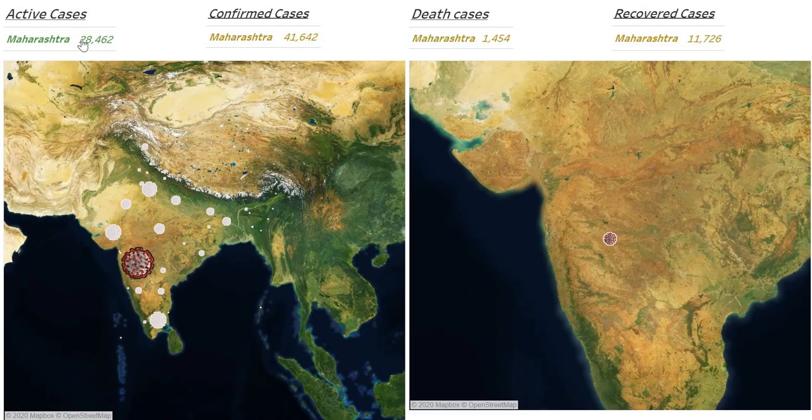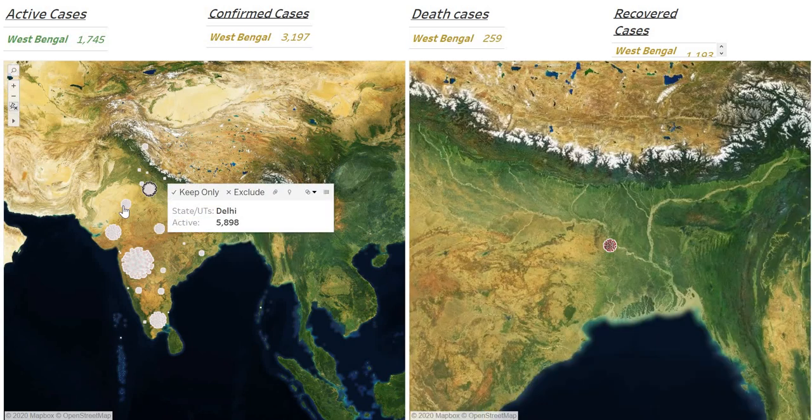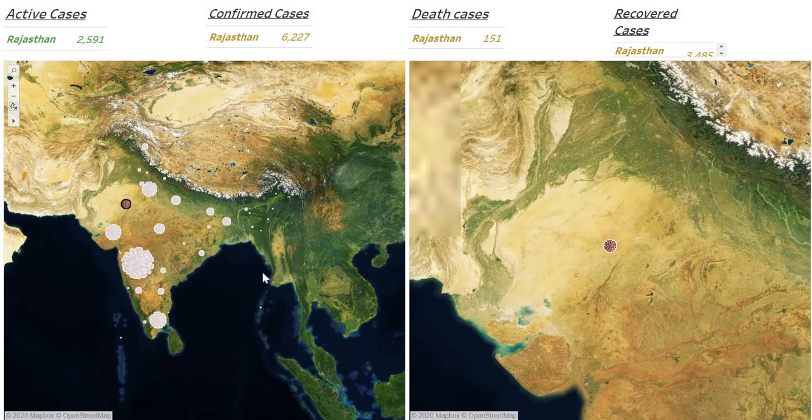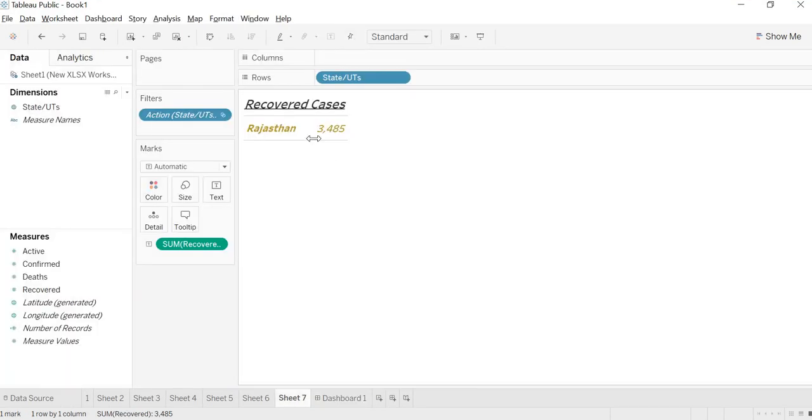You can see guys, this color is changed. We can change this color guys. So hope this will make sense. You can see here, once you click, you will get these details, this also. Okay, so this color is changed, and this also we have to do the formatting, because it does not look right. So recovered cases, in this simply we have to